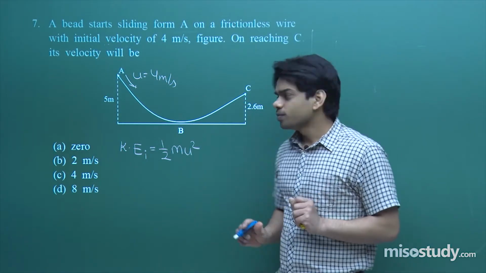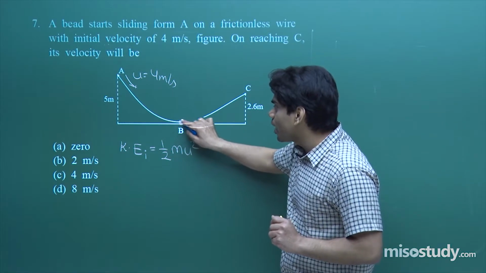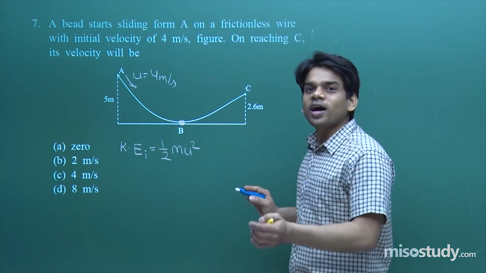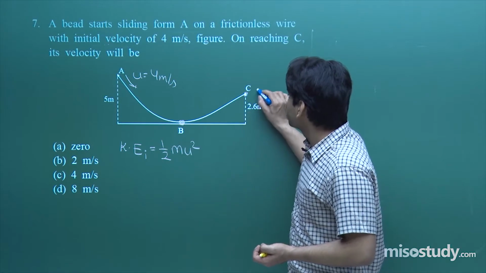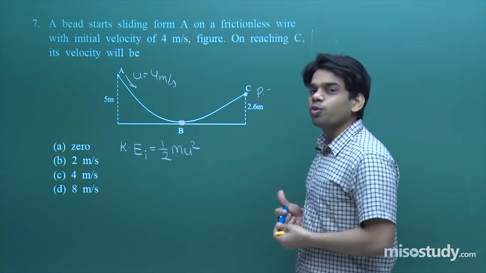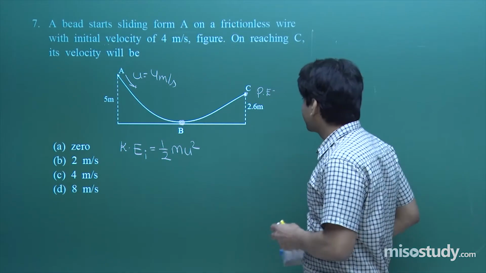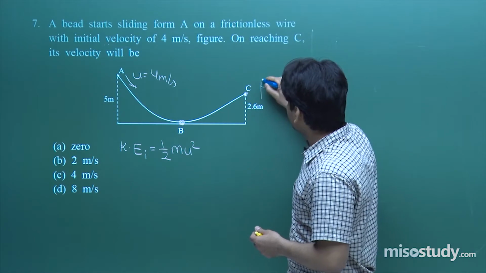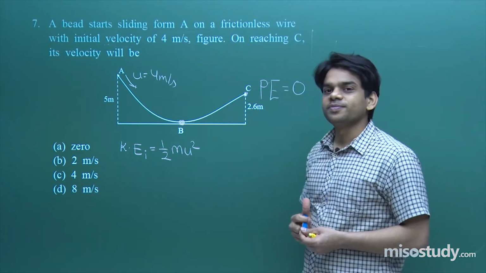Next, what you can do, for the first part you have to take potential energy to be 0 at this point. To use a more convenient method, to be faster and reach the result directly, take the potential energy to be 0 at this point C. If we take potential energy to be 0 at this point C, I am marking here potential energy to be 0 at this point C.